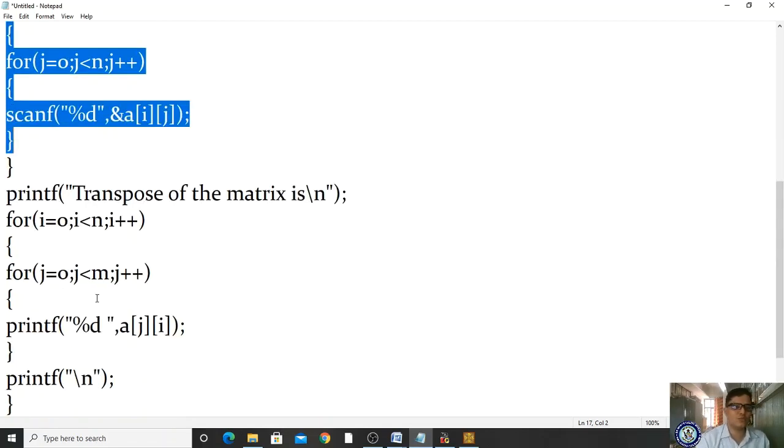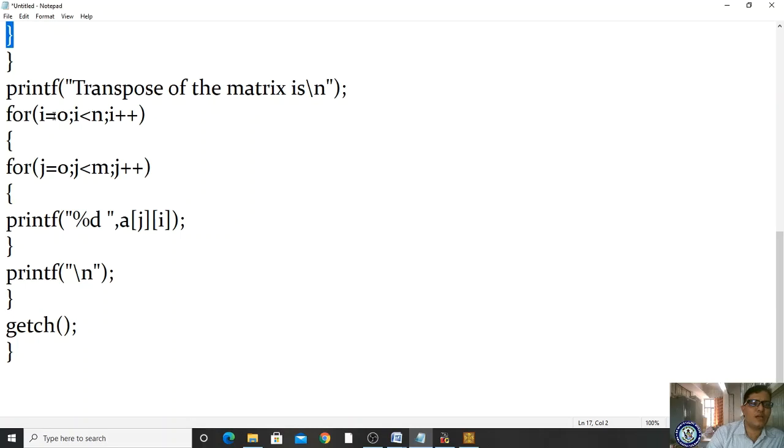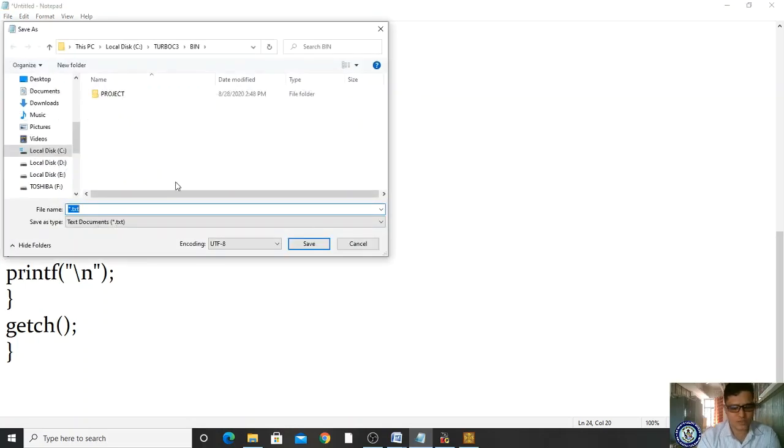Now I am transposing. Okay, so to transpose a matrix, while printing you will make rows as columns. Got it? So here I am doing for i is equal to 0, i less than n. What is n? Column. What is m? Row. First I am writing the column and next I am writing the row. While displaying also same thing. Okay, j and i, not as i j, it is j and i. Got it? If you did this, you are getting your output like this.